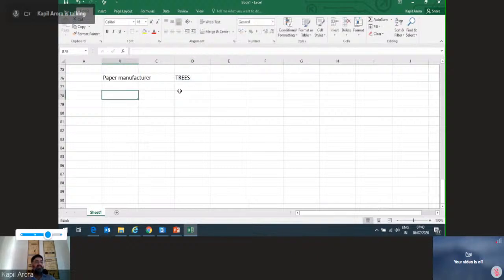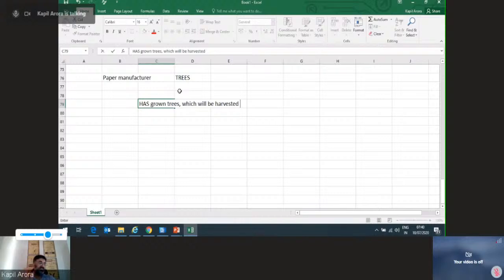A paper manufacturer has grown trees which will be harvested not to produce any agricultural items. I am growing trees so that I can cut them off and convert them into paper. When my objective is to cut the tree completely, not to grow any produce there,